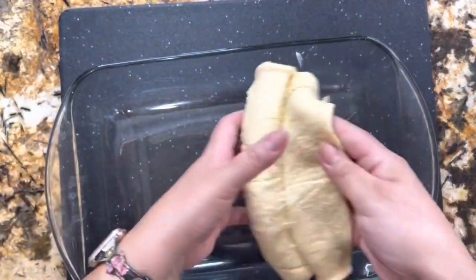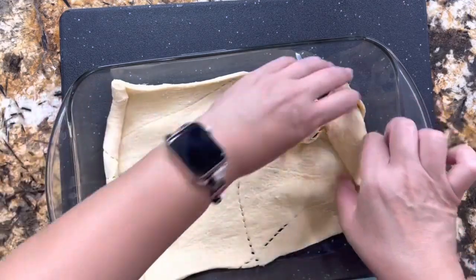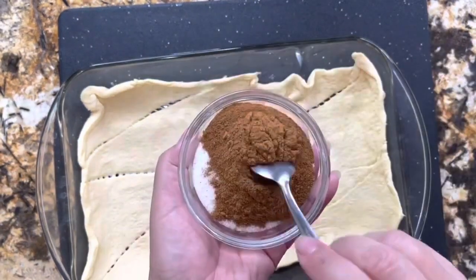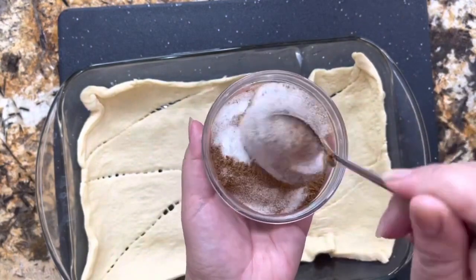Make sure that you have your baking dish right there so you could start adding it way on the bottom of your baking dish. You don't need to add any grease on your baking dish, just as is. I have the 1 cup of granulated sugar. I am going to incorporate the cinnamon powder. Once everything is